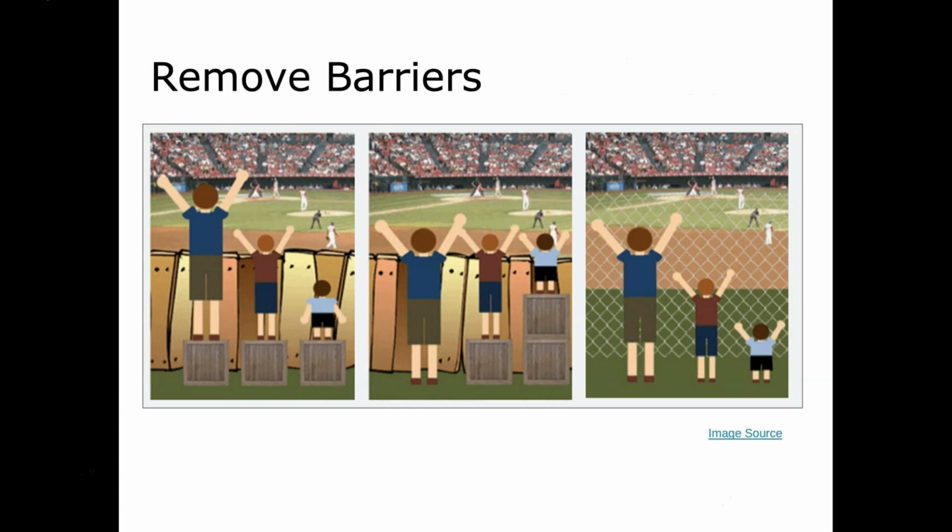In the ballpark analogy, the solid wooden fence has been replaced by a chain link fence. All children can see the baseball game immediately. It precludes the need for retroactive accommodations and eliminates stigma. As educators, it is our responsibility to remove the barriers to learning. This can be done to a large extent by implementing accessibility best practices.